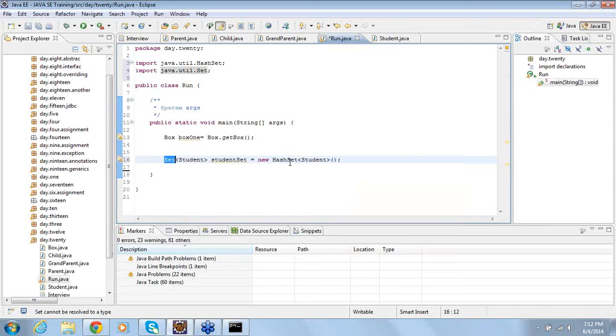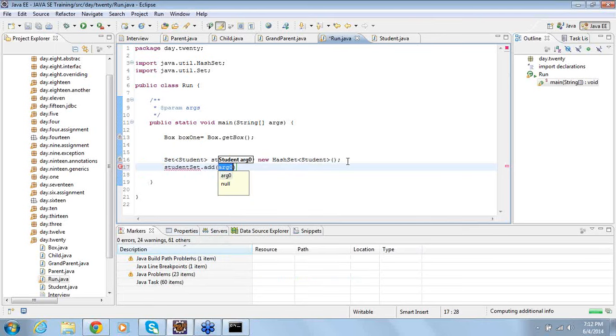Now let me add some objects to it. We know that a set doesn't allow duplicates.